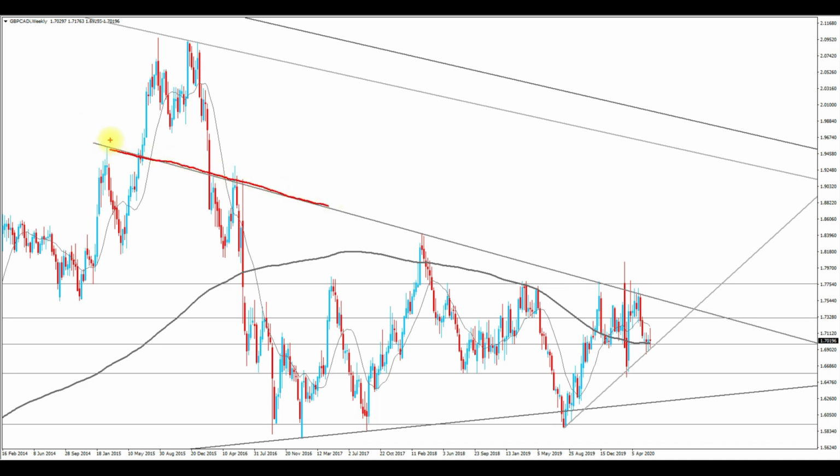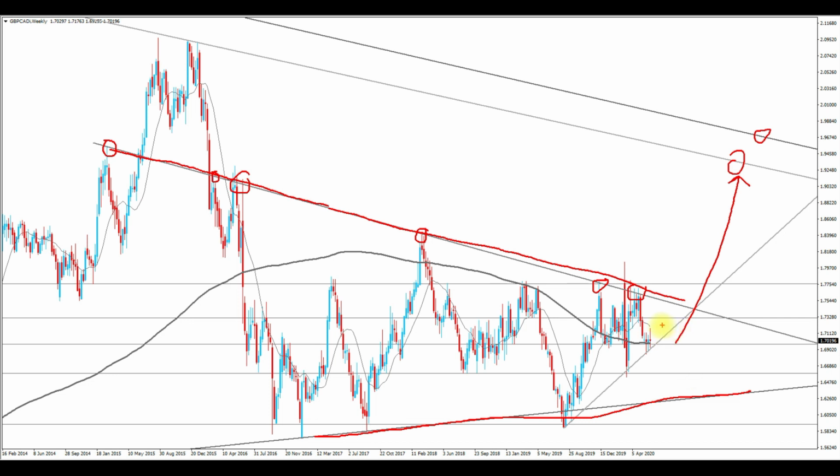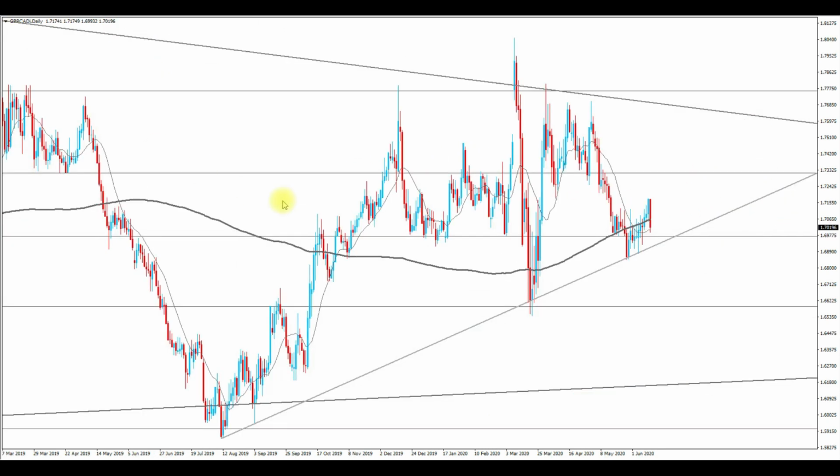Price has been respecting this trend line quite a lot, touch there, touch there, touch there, touch there, another touch there recently, and we've got this wedge pattern here. So I'm expecting price to eventually break out and go touch these monthly trend lines here, or it could break out to the downside, retest this monthly trend line, and then go eventually test the monthly trend lines. So if we go to the day, you can see how we've got this daily trend line here,